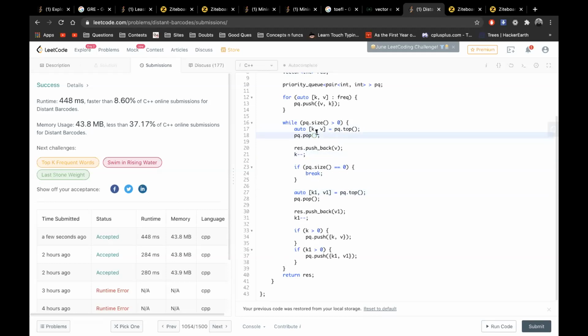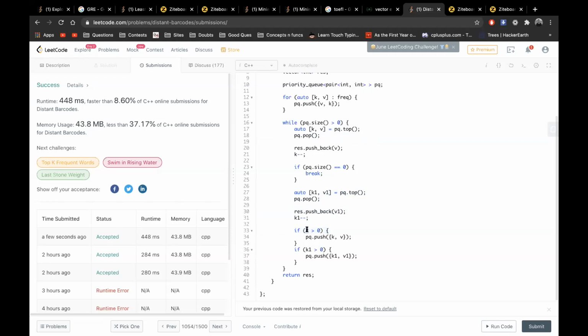You are taking the next element based on the frequency. Yes, it's because I have already popped out the very first element. So I have done the same in this. I've taken this next element and pushed it back in that array. And now I check whether my k of the previous element, the foremost element, which has already been ejected from this priority queue,